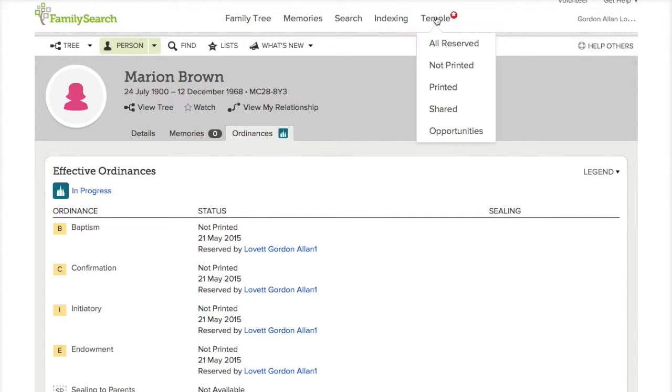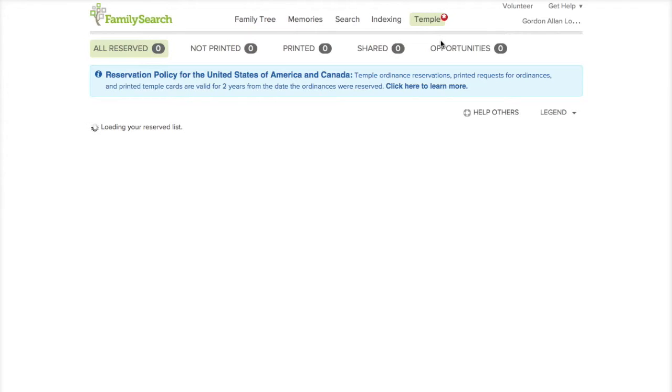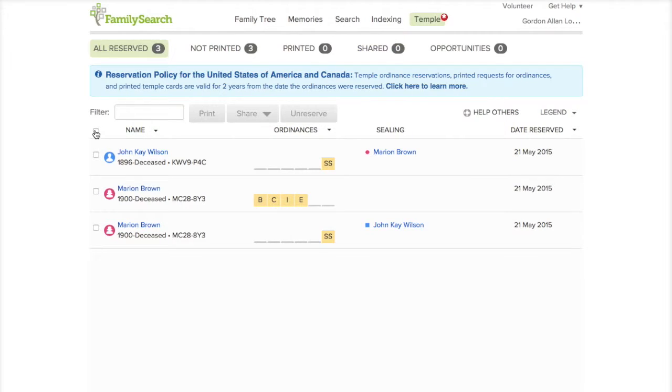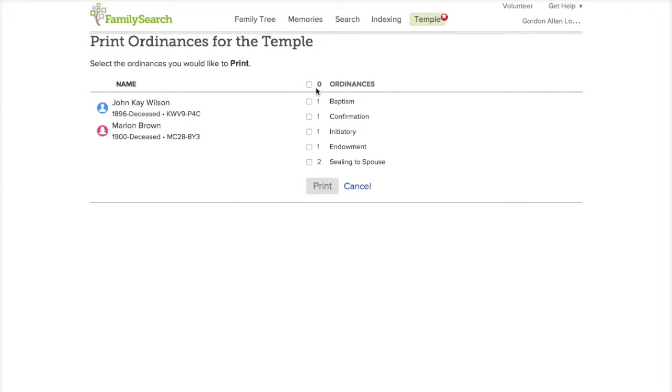So I'm going to go up to the temple drop-down menu, and I'm going to click on all reserved, which will show all the ones reserved. I'm going to choose which ones I'm going to want to print, and I can either share to other friends, share to the temple, or print them out and see to it that I get them done myself. So in this case, I now click that I want to print everything. I print,